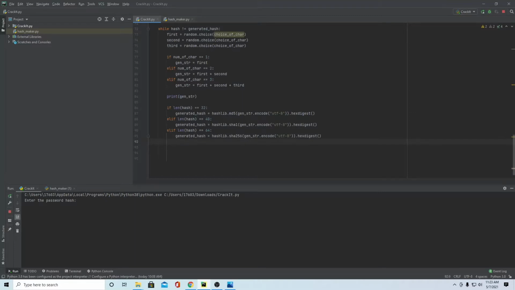And lastly, we'll check if the hash the user entered is the same as the generated hash, which is the hash that was created by the string. And if it is found, then we'll print password found and then print out the string that was used to create the equal hash. So if hash equals generated hash, then print password found